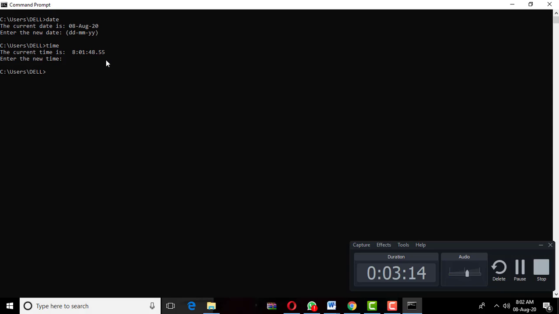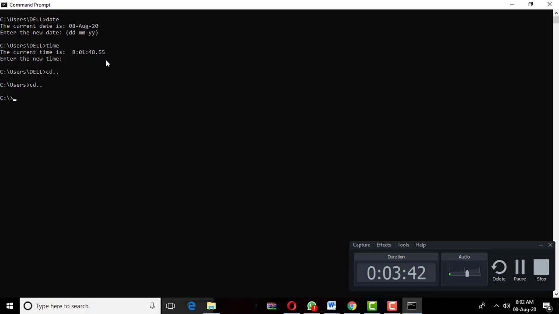After that we are using the copy command. The copy command is used to make a duplicate copy of your file. First we use the cd command, cd meaning change directory. Now we are in the user directory. The main directory is C, root directory, user, and then the user name. So we will go one step back. After that cd dot dot. Now we are in the C drive.